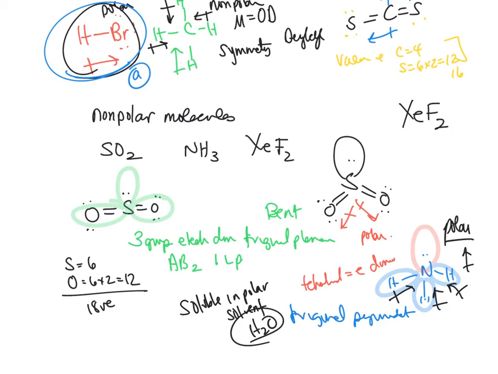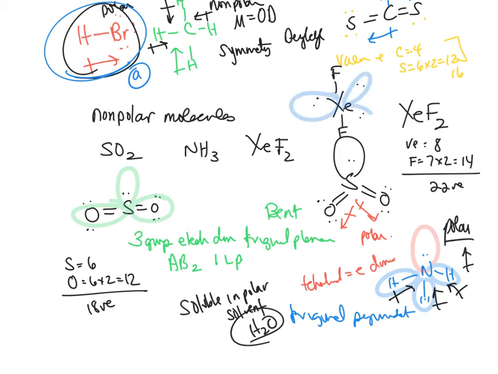So xenon has 8 valence electrons. Fluorine is 7 times 2, 14. So that would be 22 valence electrons. And so this fluorine is at the top and the bottom, and then you have your lone pairs. So let's look at that. We have 1, 2, 3, 4, 5, 6, 7, 8, 9, 10, 11, 12, 13, 14, 15, 16, 17, 18, 19, 20, 21, 22. And what happens is the fluorine is going to pull,